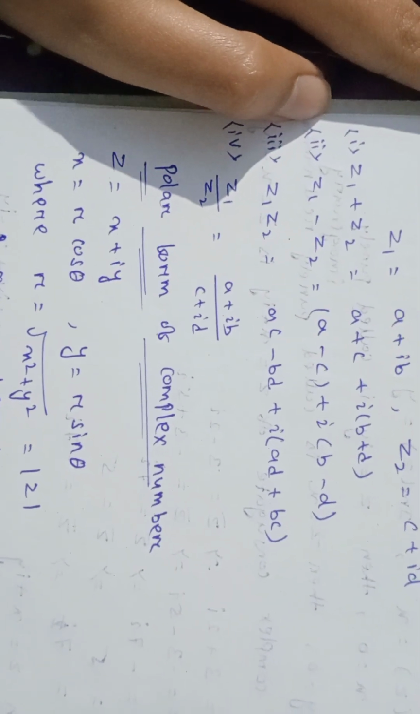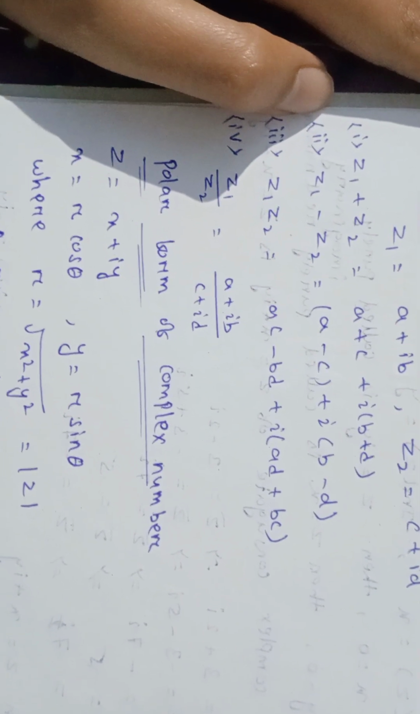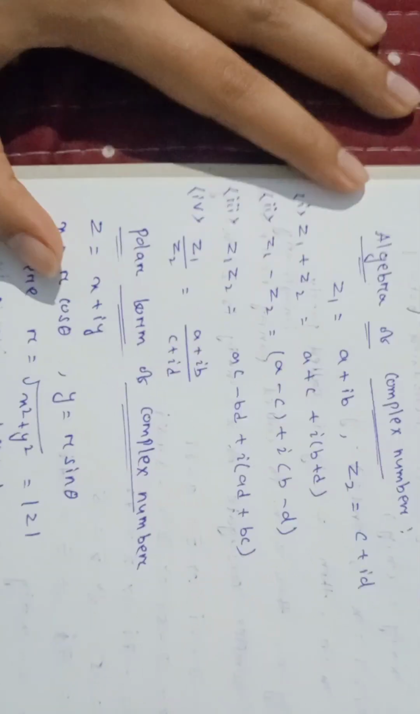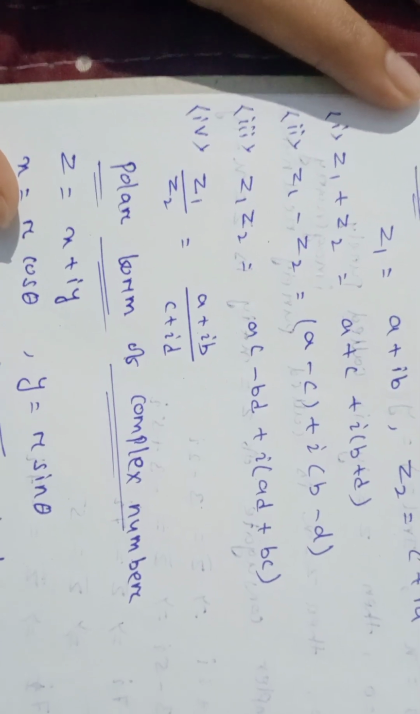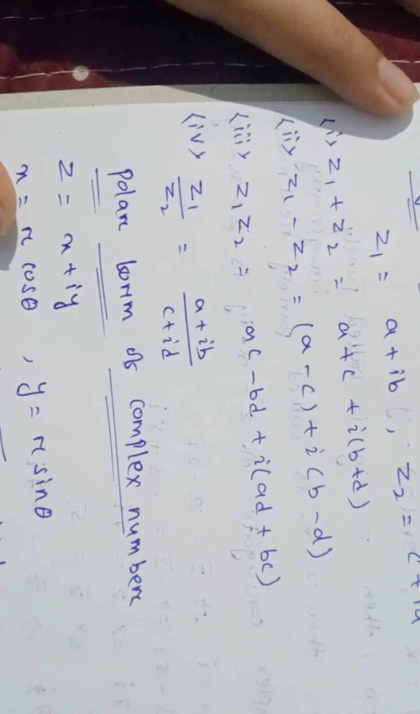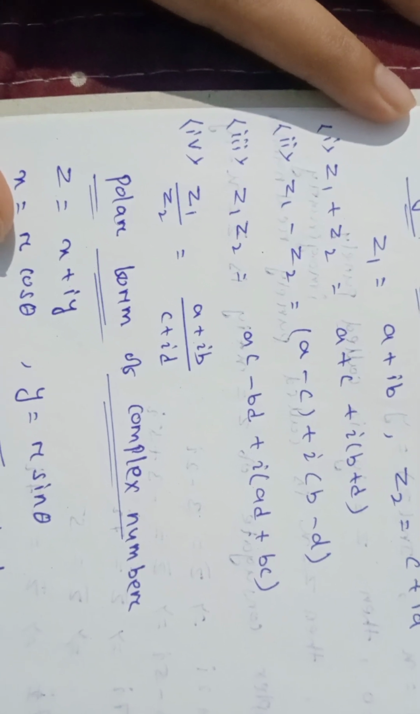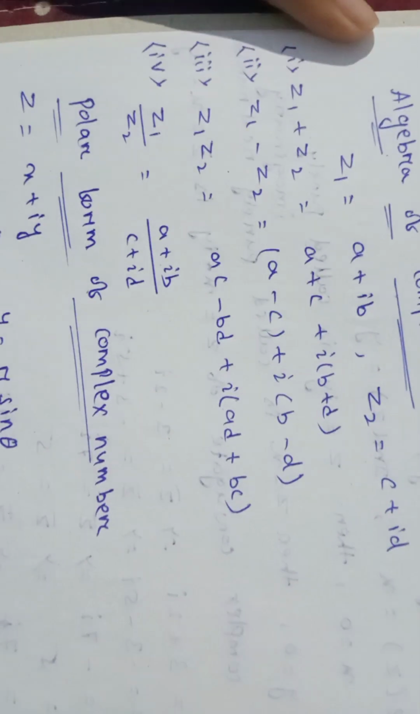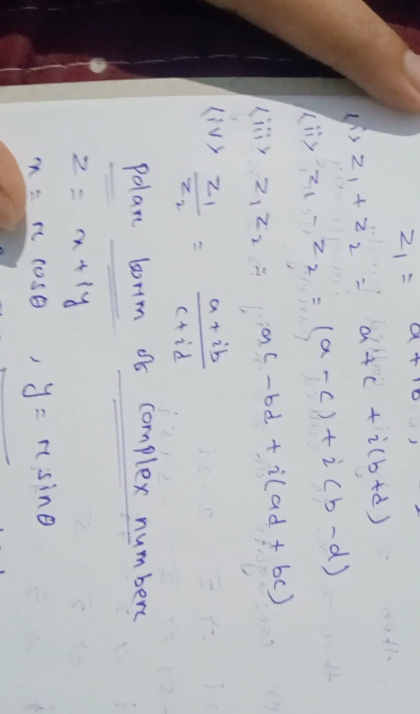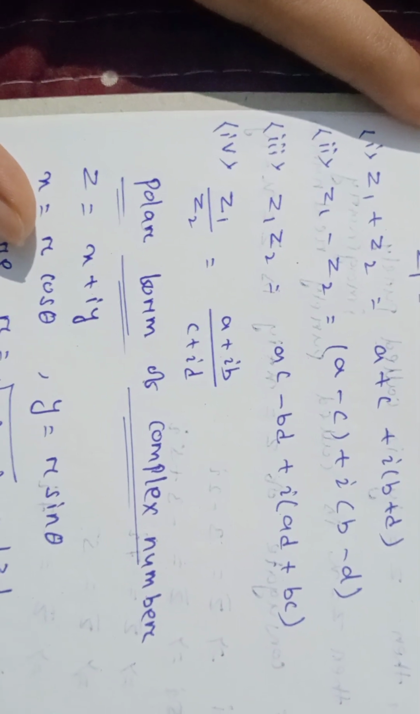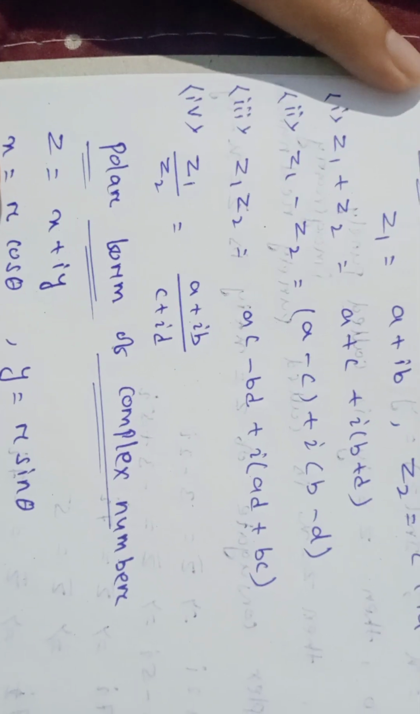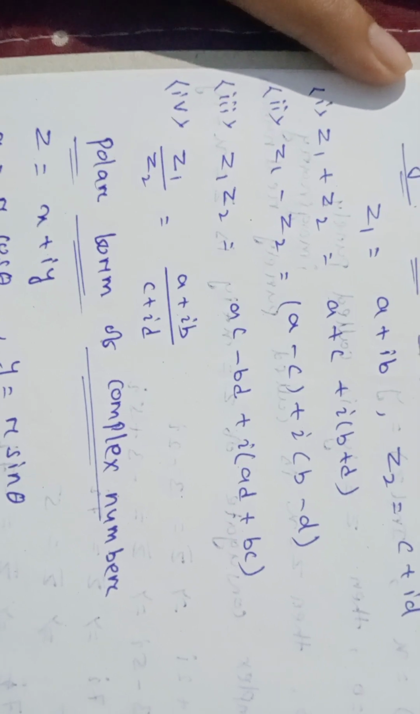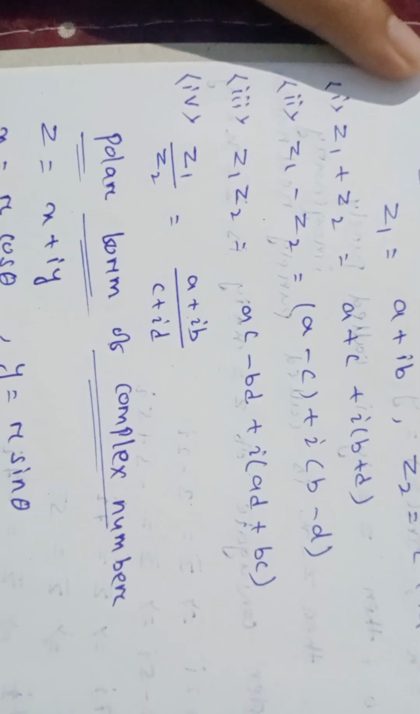Similarly, z1 by z2 equals a plus ib by c plus id. We can convert this into x plus iy form by multiplying by c minus id in both numerator and denominator. That is a plus ib into c minus id by c plus id into c minus id. So ac minus bd plus i into